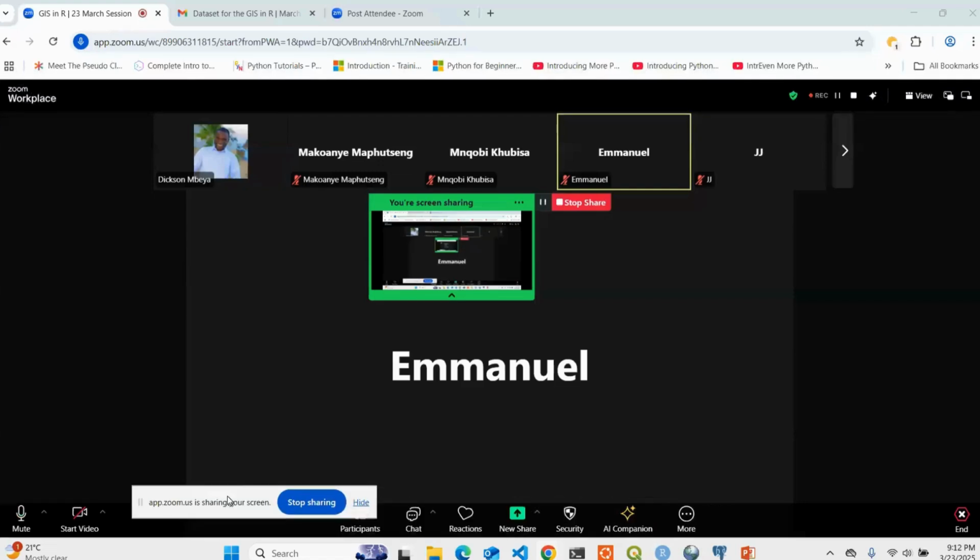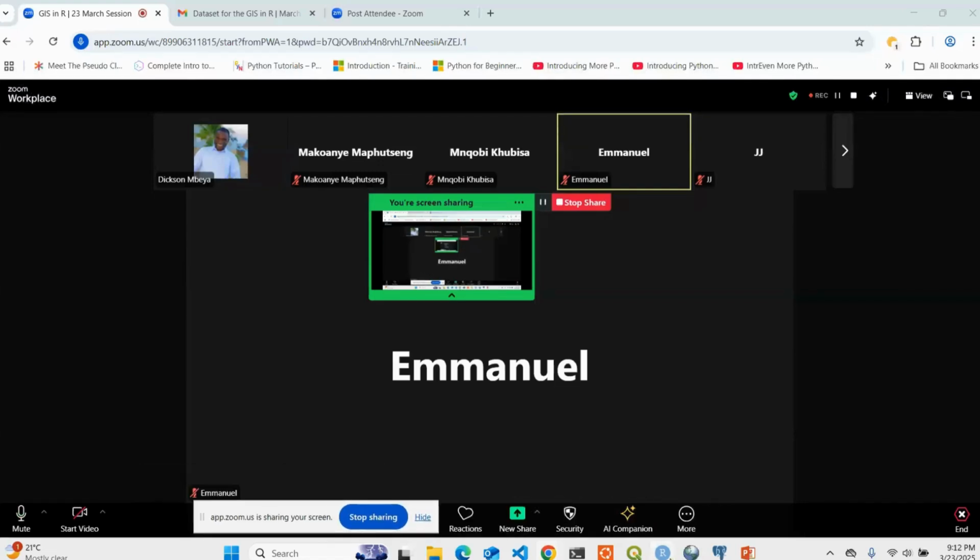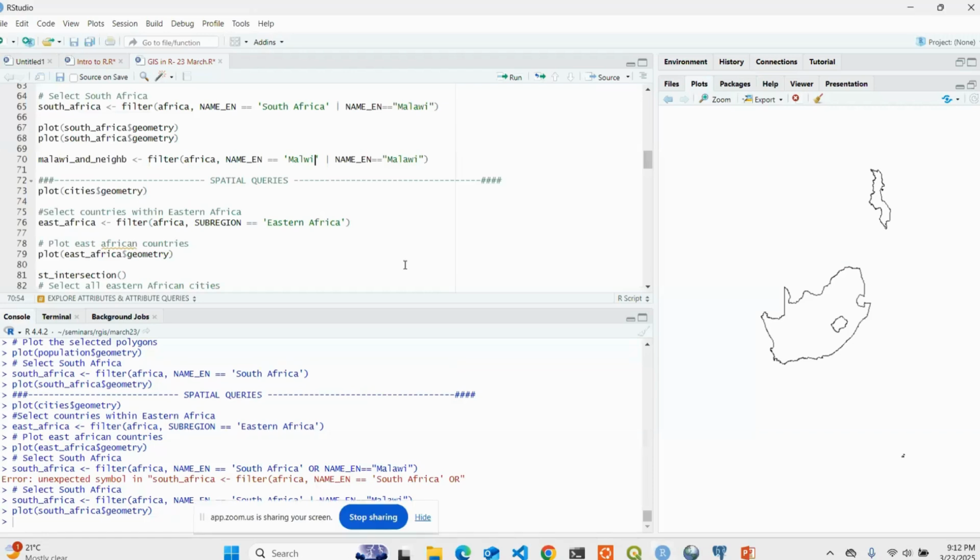In order to plot Malawi and its neighboring countries, you need to specify this. This should be all, so you just use this symbol. Writing all is not working, but just using this symbol, it will work. So I'm specifying the name should be Malawi, or the name should be Zambia,